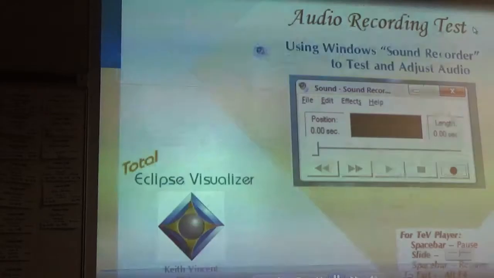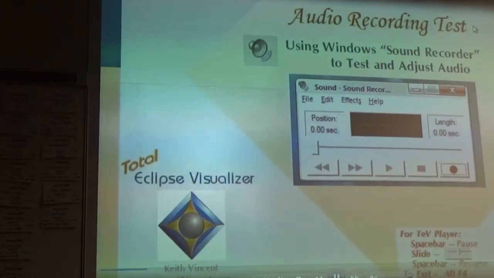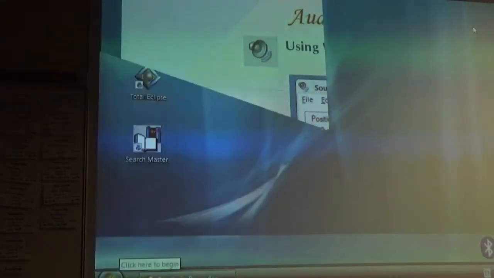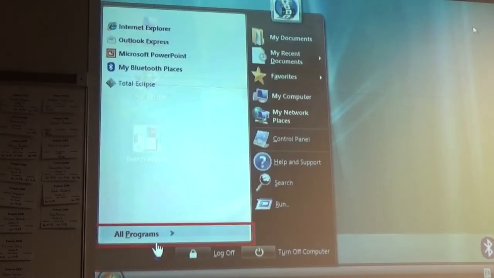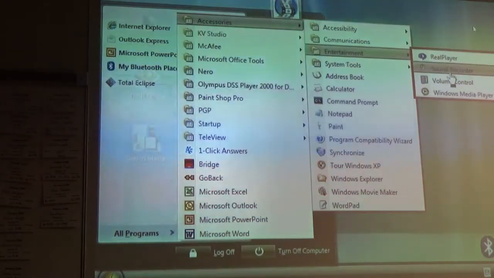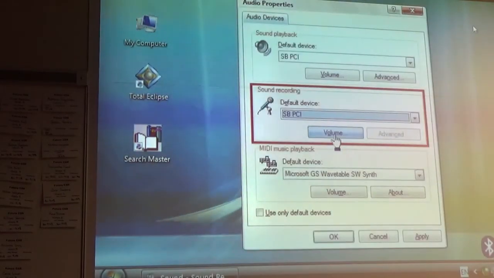Eclipse can use your computer's sound recording capabilities. So let's see how to use Windows Sound Recorder to test and adjust your audio. Click on the Start button, which is probably in the lower left corner of your Windows desktop, and go to Programs, Accessories, Entertainment, Sound Recorder. If you go to Edit, Audio Properties, you'll be able to adjust your sound